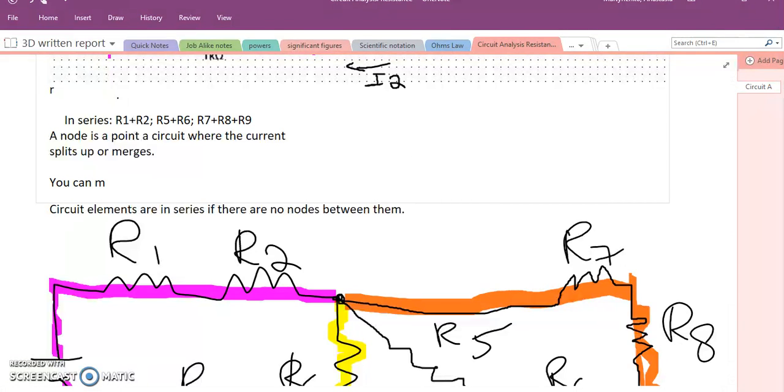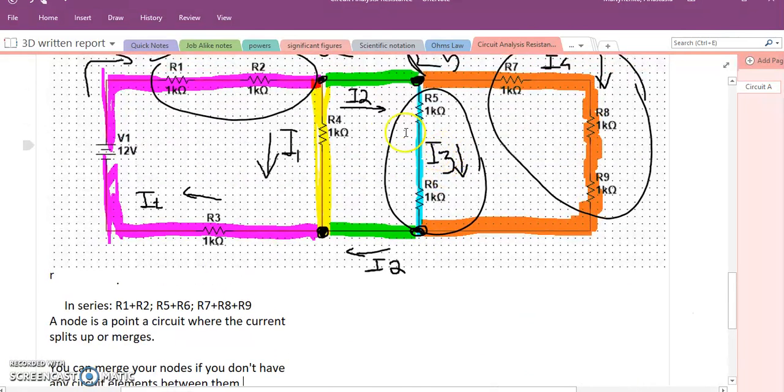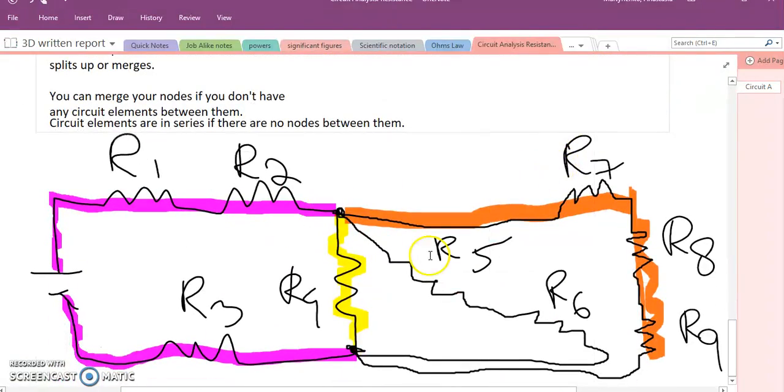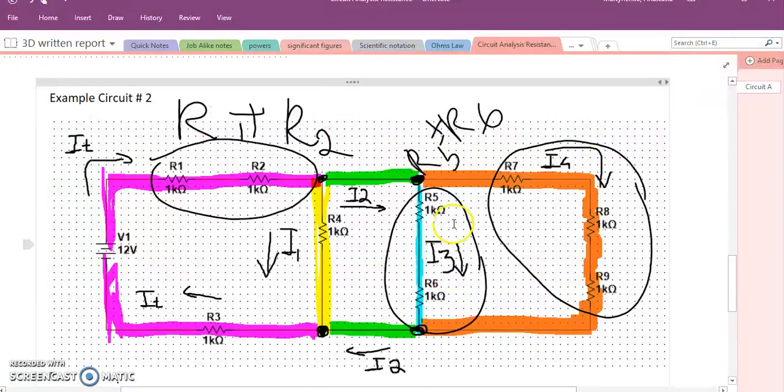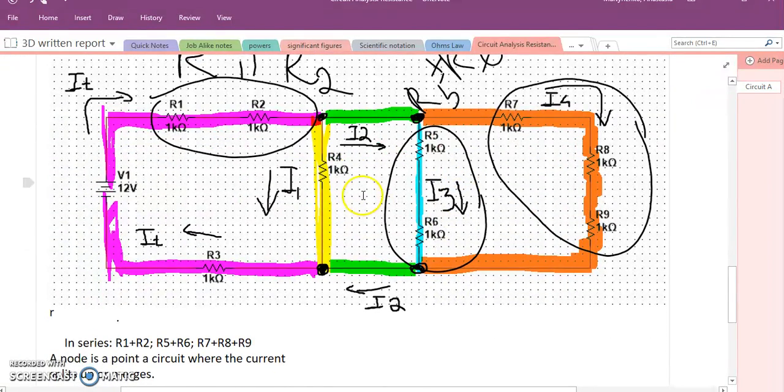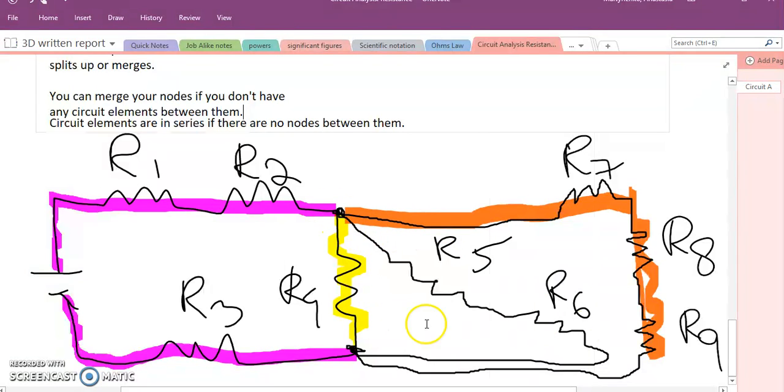And I really don't in this case. My I2 serves no purpose. The only purpose of I2 is to stretch out my circuit so I don't have this diagonal line. But it doesn't really matter. The I2 doesn't matter. I can get rid of it. So I can merge these 2 nodes,